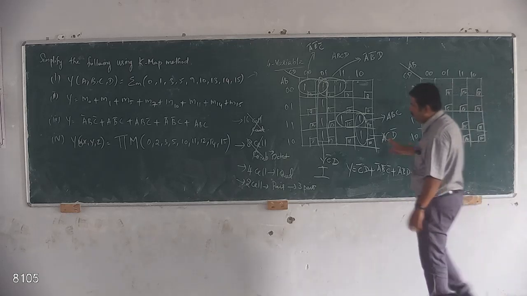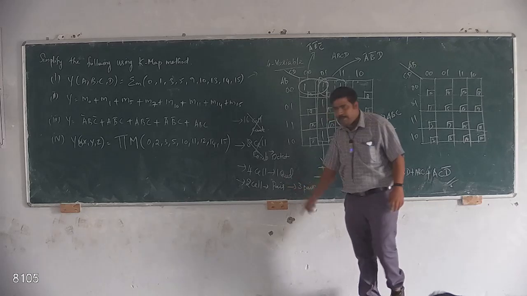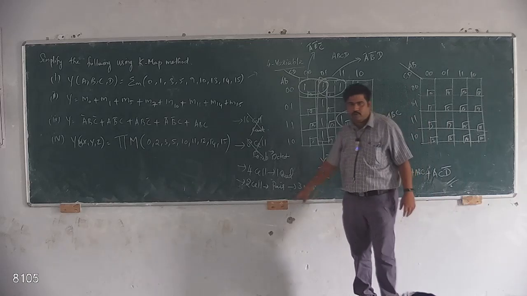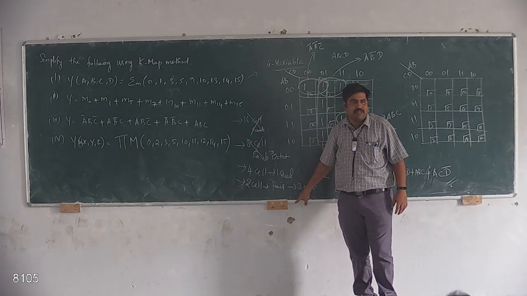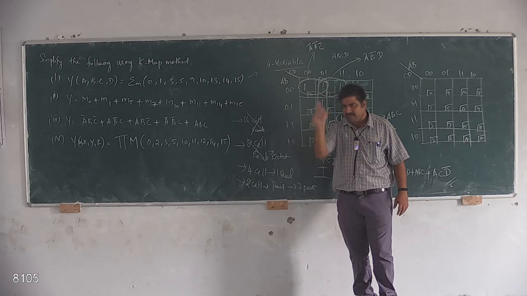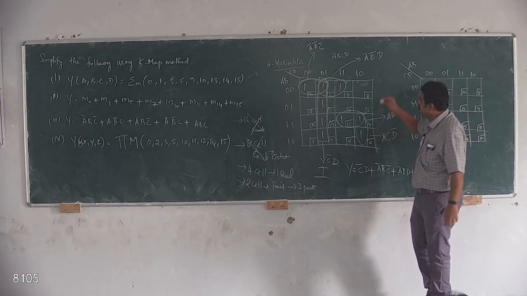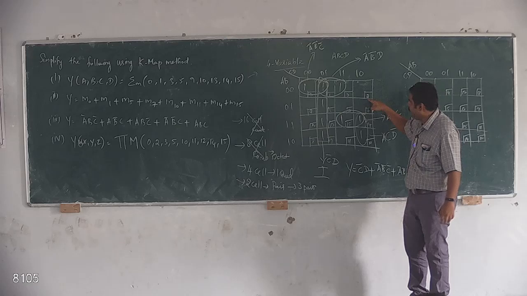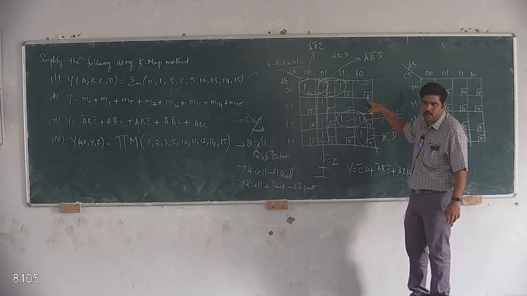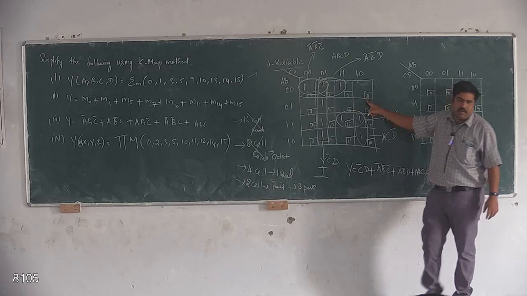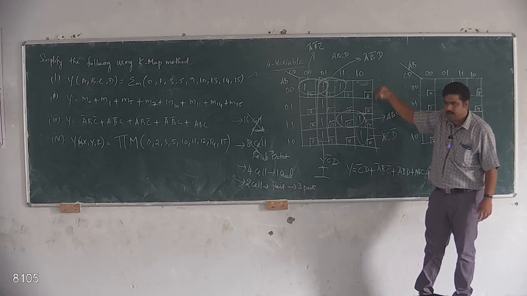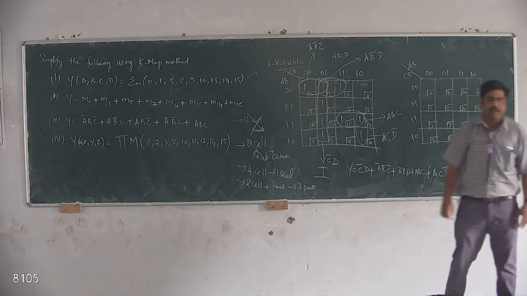So maybe they will give us an octet, quad and pair. Suppose if a pair is also not possible, what do I need to do? If a pair is also not possible and only one is there, we need to combine that single one. Suppose here one is there, no pair is possible, so the single one I need to write as the equivalent value. What is the equivalent value for 2? A bar, B bar, C, D bar. That is the answer for that. We will solve more problems, and you will understand.